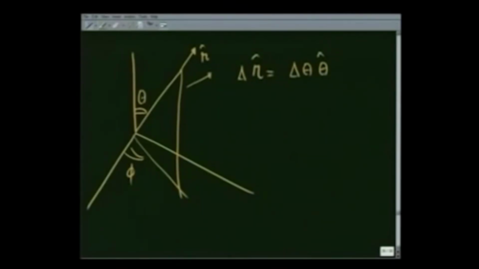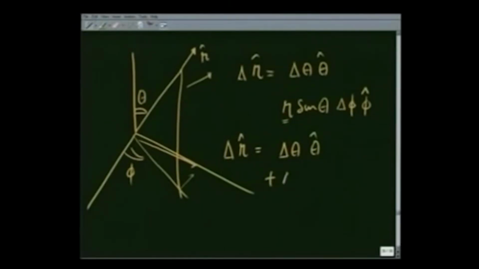On the other hand, if I keep theta fixed and change phi, then the r unit vector, this component is going to change, and that component is nothing but r sin theta. Since this is a unit vector, this r is 1 and it is going to change by delta phi in phi direction, and therefore the net change in delta r in r unit vector is going to be delta theta in theta direction plus delta phi